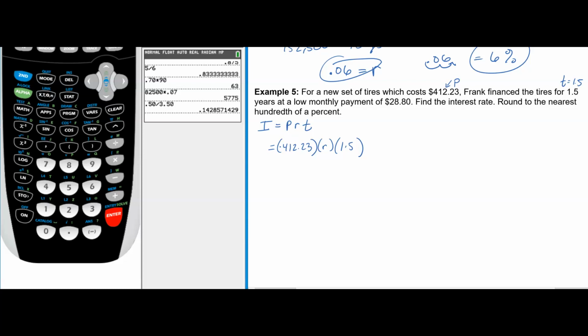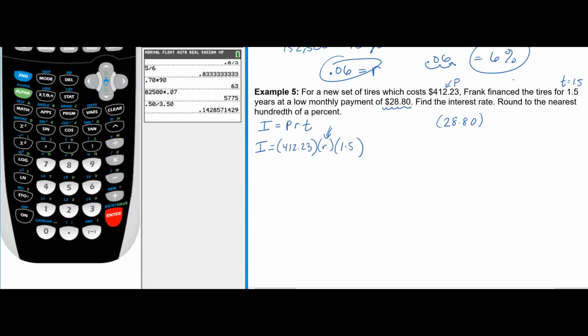This is how I start problems. I write down the formula, I put in what I know, and then I say to myself, I can't have a formula with 2 variables. I can't leave the I and the R there. I want to know the R, so I have to figure out what that interest is in order to solve. So I'm going to leave that there and come over to the side and think about what I know about this monthly payment. If this person's paying $28.80 per month for 1.5 years,